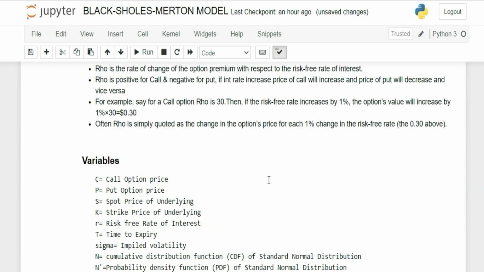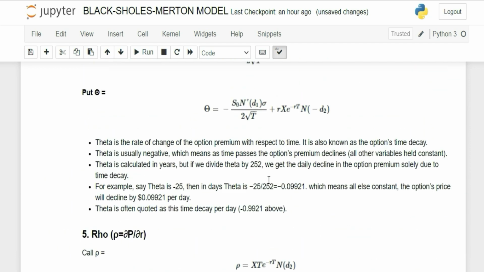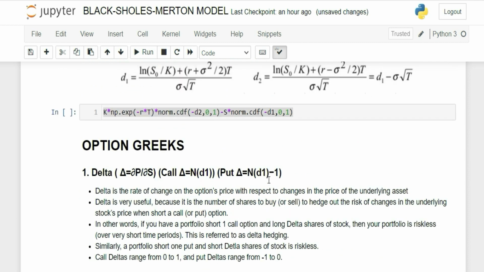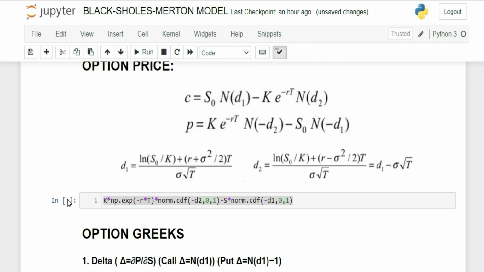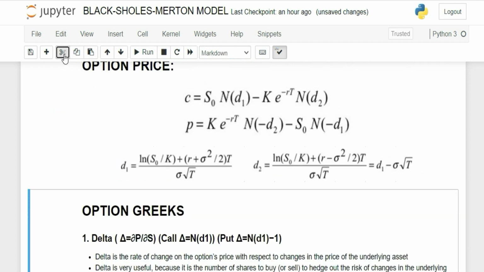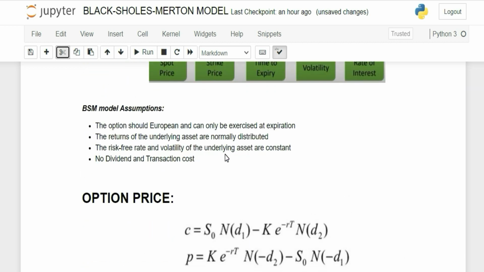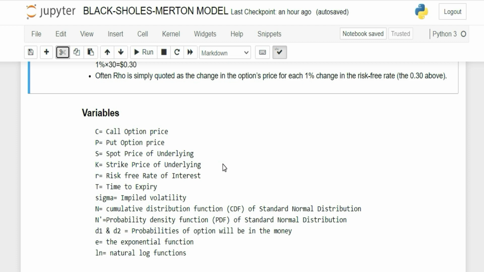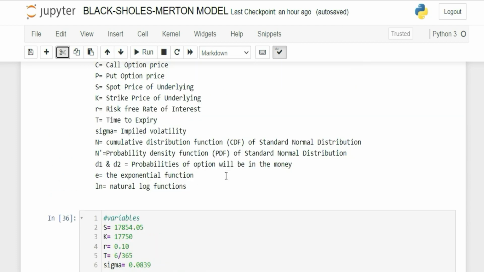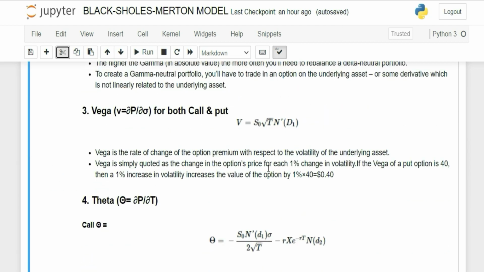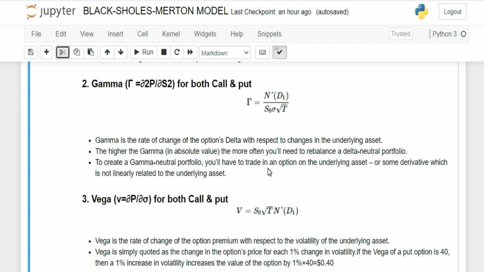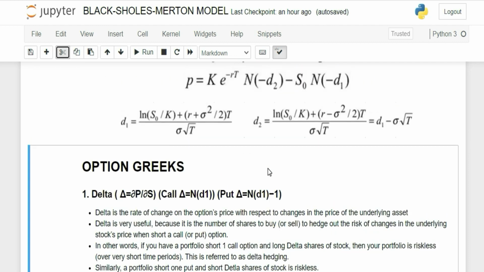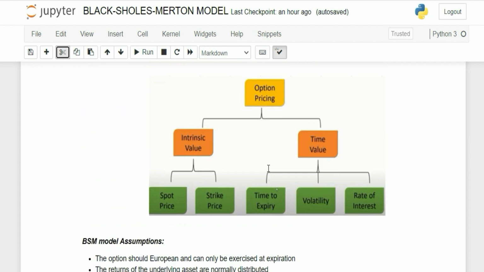Okay, I hope you understand this video, and the intention of making this video is just to understand how you can write all the code in Python to calculate option price as well as the option Greeks. I have noted down all these points here to understand all the Greeks. Also, I have created one more video on option Greeks only, where you can understand the impact of Greeks.